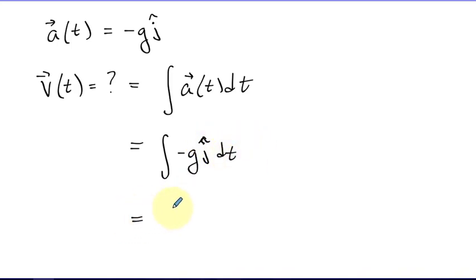I'm working in a two-dimensional space here, and so when I integrate this, I want to recognize that there is a potential component with the unit vector i, and right now in the derivative that component is 0,